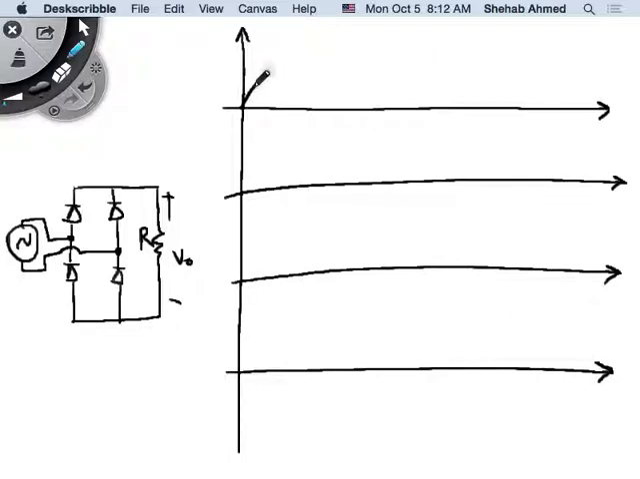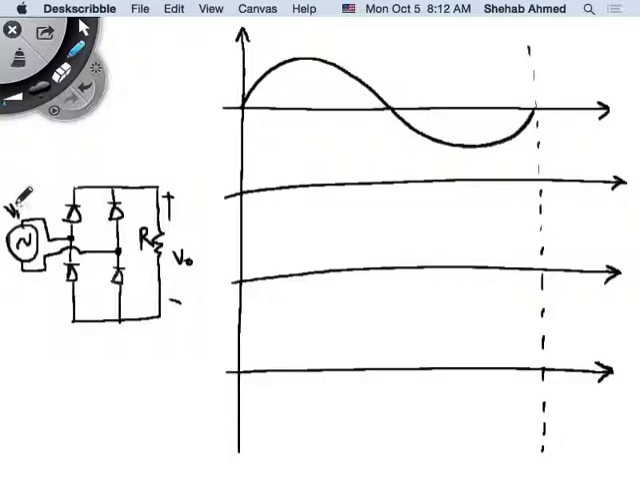Okay, so our input waveform looks like this. This is my V input. So if this is V input, for the positive half cycle, from 0 to pi, what's going on? From 0 to pi, this point here